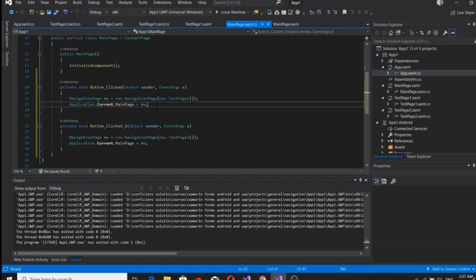What you need to do is establish your navigation page, which is basically the page you want to navigate to. The first button, on its click, will navigate to TestPage1, which is our TestPage1.xaml. That's where it will go. The way you do that is simply construct navigation